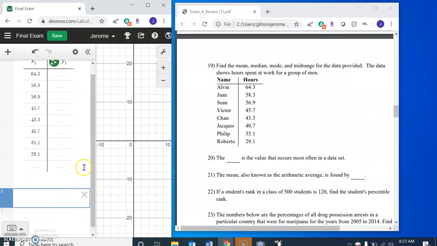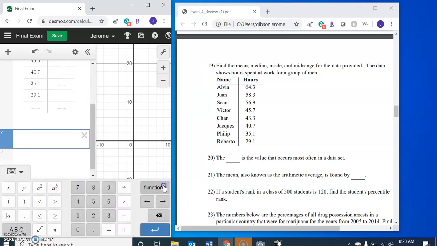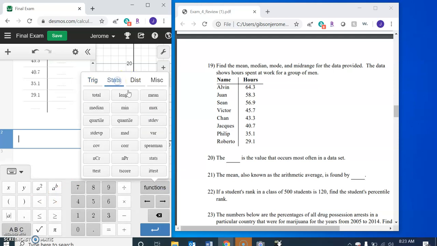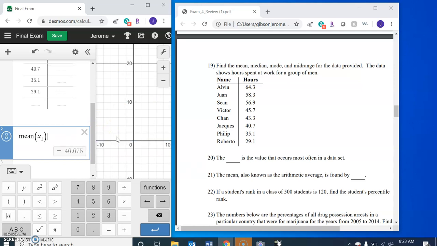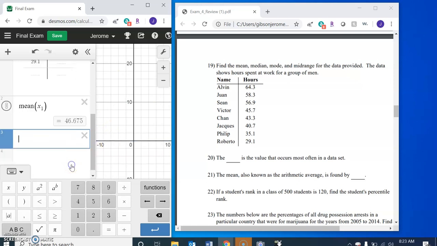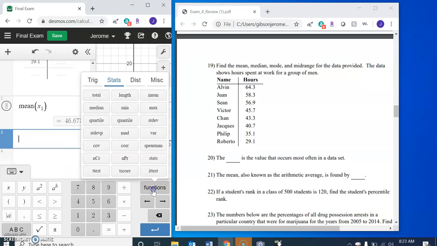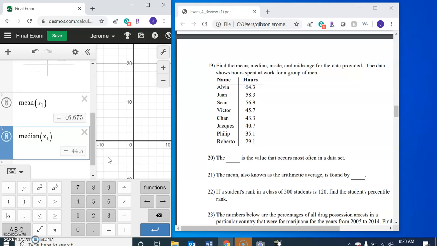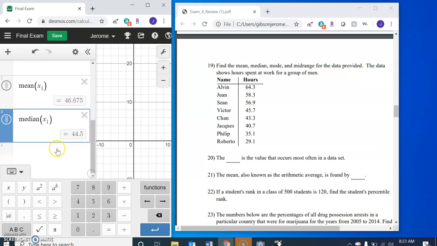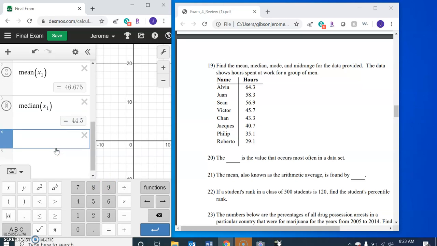So here, we have our values, and we will find our mean. We'll go to function, stat, the mean, and then it'll be x1. Okay, we got our mean value. Now we want our median value. Median, put in our x1. It gave us our median. Now our mode,